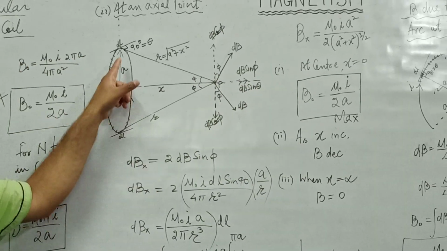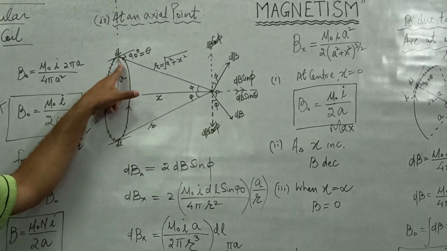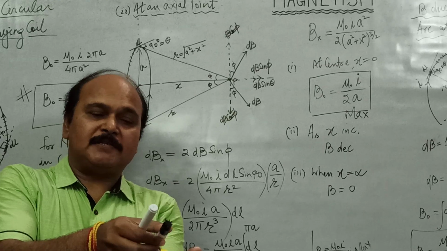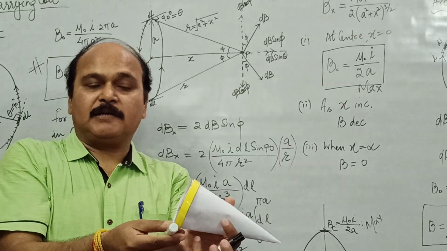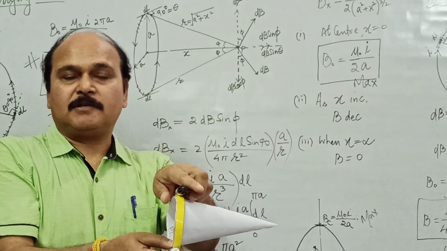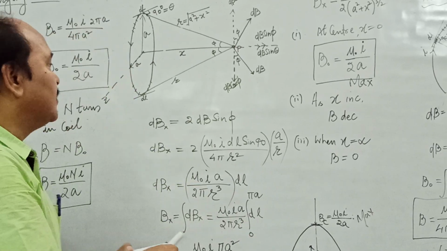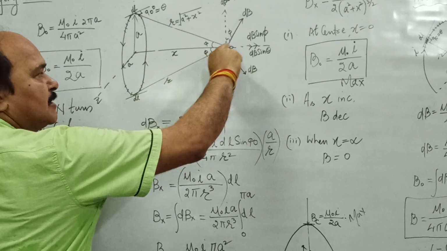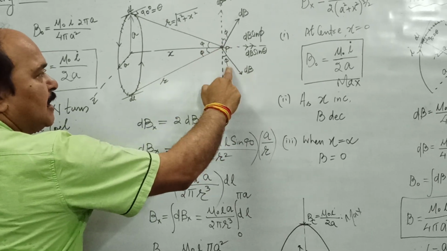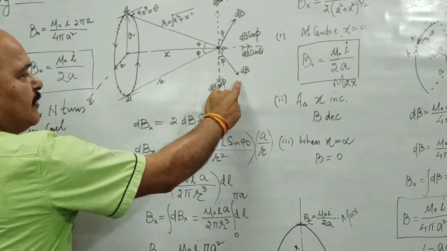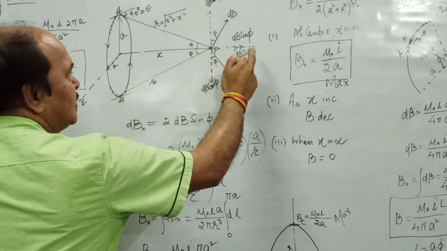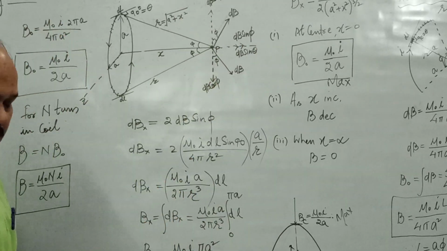Now, if we take the geometrically opposite current carrying element of this segment, that is, if the current carrying element we have taken is this side, let us take the current carrying element right here, just geometrically opposite. The magnetic field because of this current carrying element would again be perpendicular to the spread of the palm. This is the palm, like this. This angle as usual would be phi. This magnetic field will also have two components. One is dB cos phi along the y-axis, the other would be dB sin phi along the x-axis.